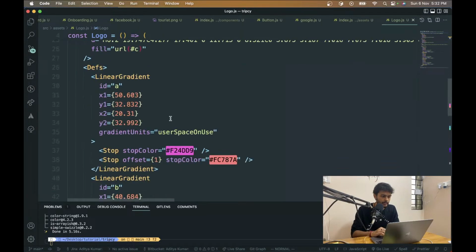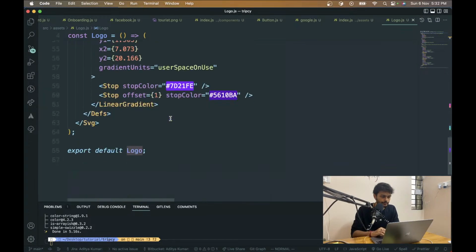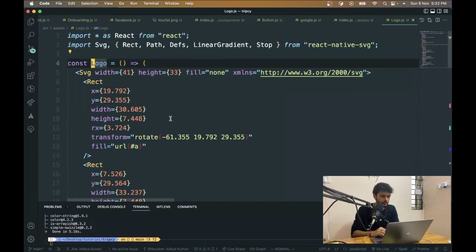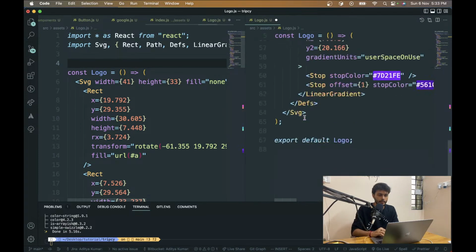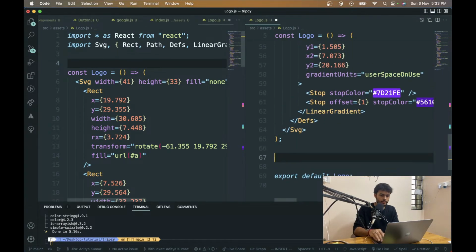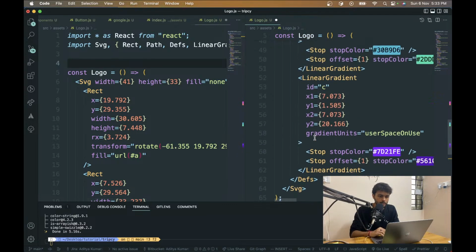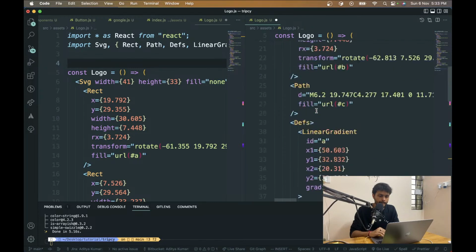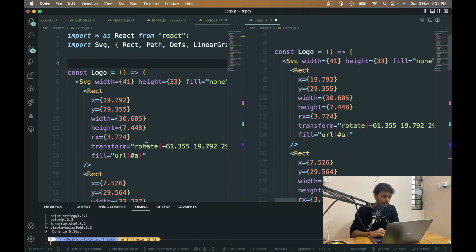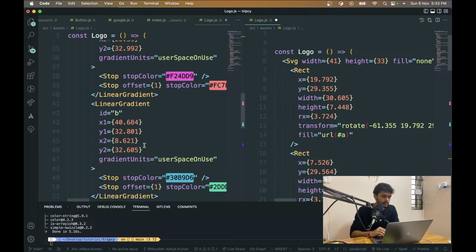So to update the color, we're going to have the logo dot default styling, default props, and have the logo as